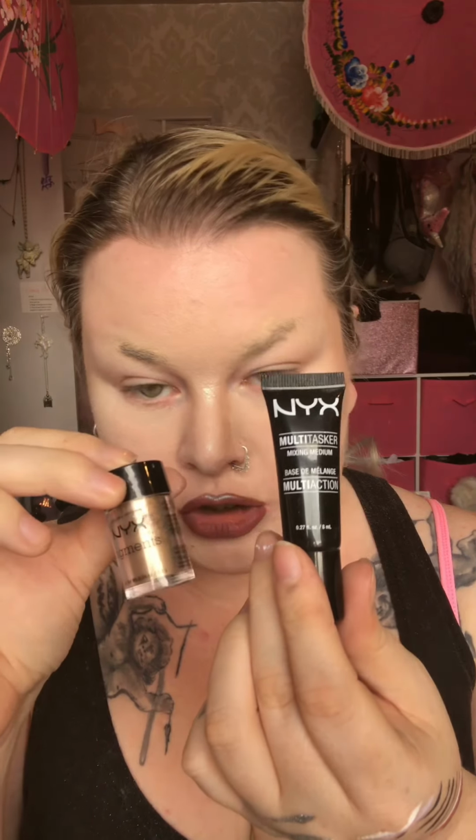So all you're going to do with this is you're going to mix this product and this product to create a liquid formula. So I've just got a little flat dish here that I'm going to mix my items on, and I'm just going to do this off camera, and then I'm going to show you what it looks like. So I'm just squirting out that mixing medium. I'm not using too much because I'm only doing this for swatches. And then I'm just going to take a tiny amount of pigment,